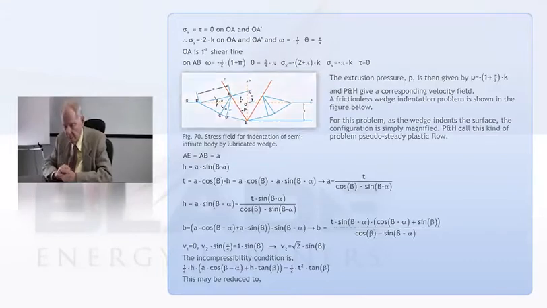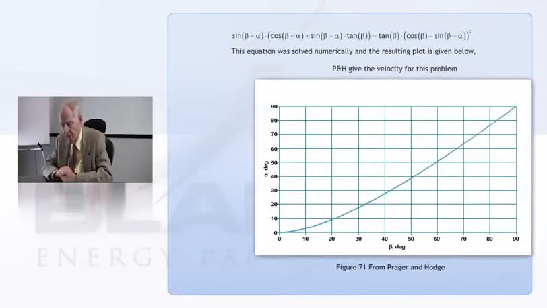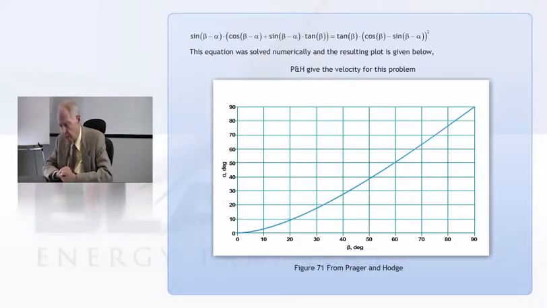So now we turn to yet another part of plasticity, and it's a relatively mathematical part. The objective is, since these problems are so hard to solve, or they were in 1950, now you toss them into a computer program like Abaqus and never think about it. But since these problems used to be hard to solve,